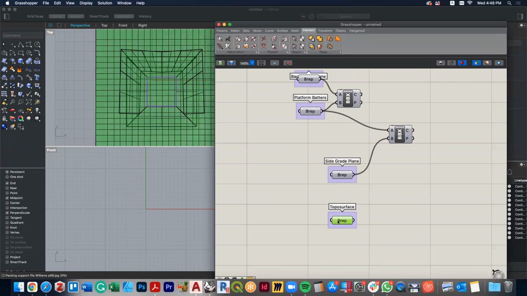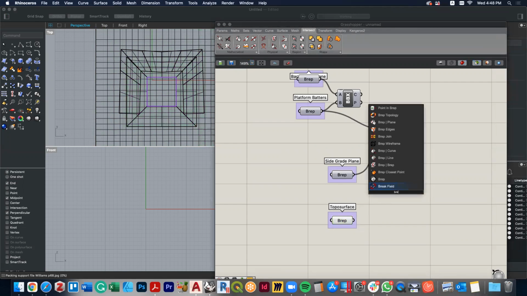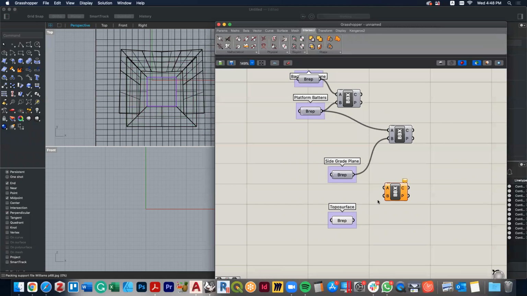And so one of the first things I'm going to do is do another BBX, which is basically, I can get to this by typing B-rep, and you see it says B-rep to B-rep. And so what I can do then, I'm going to do another one. This time I'm going to move that out of the way because I don't need that, but I'm going to do one between topo surface and the